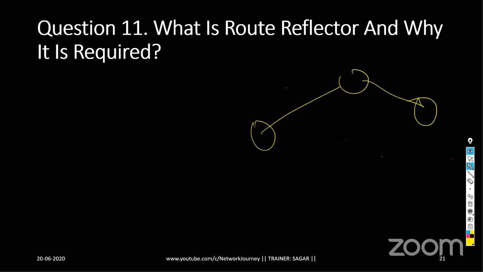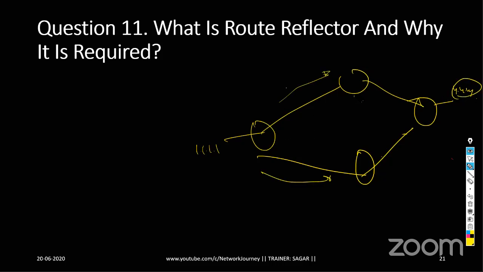The problem with full mesh is that everything needs to be virtually connected. If I have 4 routers, let's say this is 1.1.1.1 and this is 4.4.4.4, and I want to reach this, I can only reach till B and C. So I start having full mesh, where I logically build neighborships between all of these routers. Basically you're increasing those BGP messages, the notification messages, updates, so the overhead on individual routers increases. That's not the best practice.